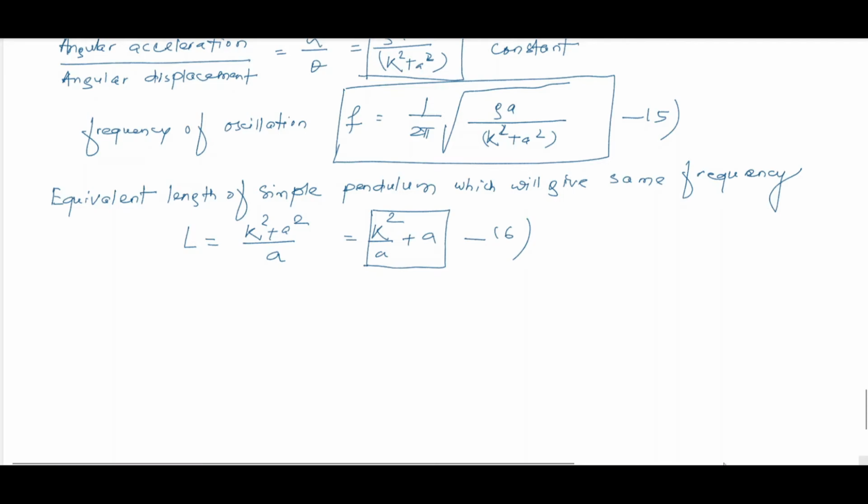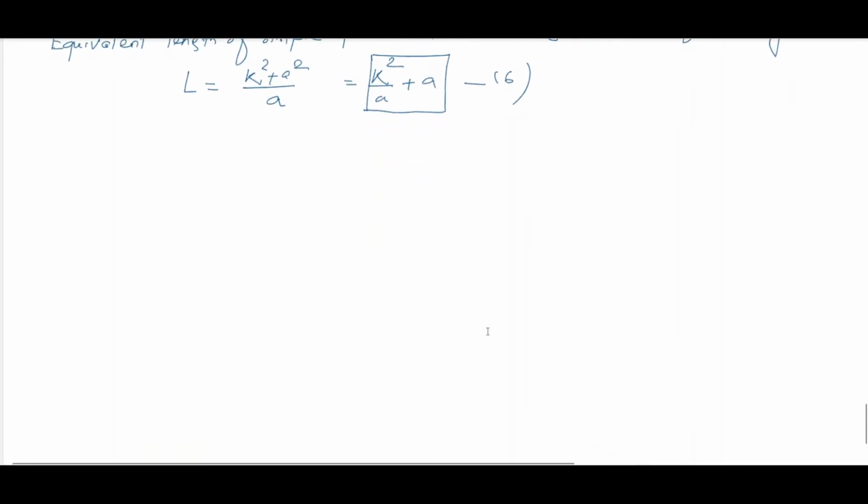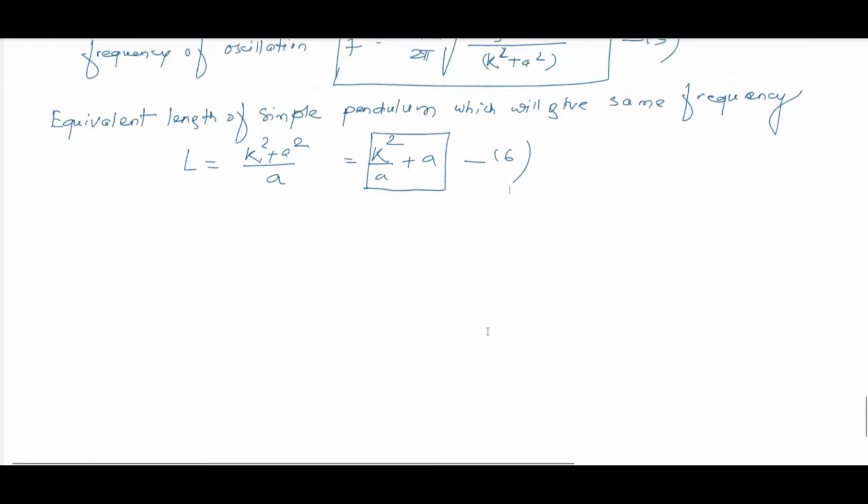Then one of the most important parameters which we come across in designing any dynamically sound system is called the dynamically equivalent system. This is very important, dynamically equivalent system. Shall we proceed further?